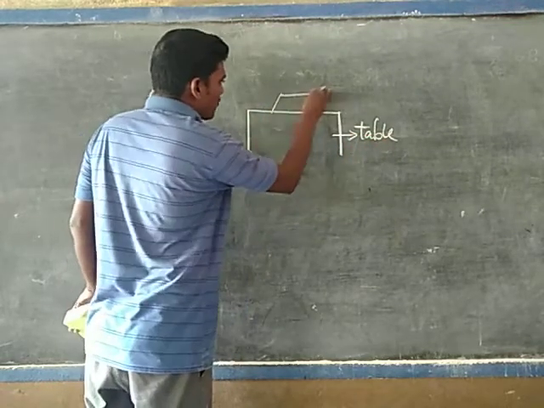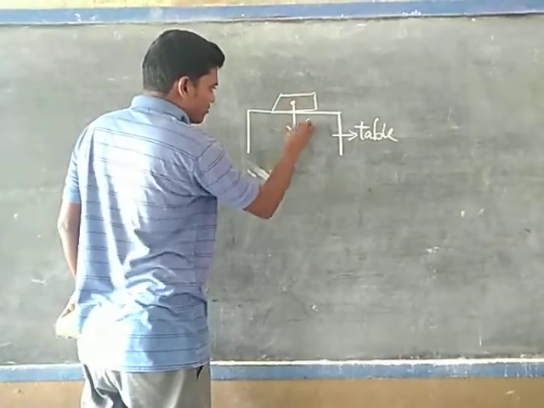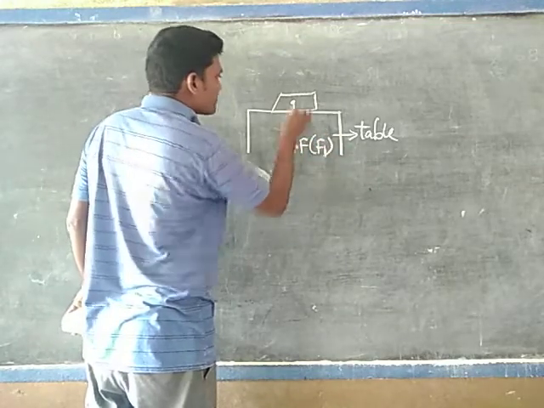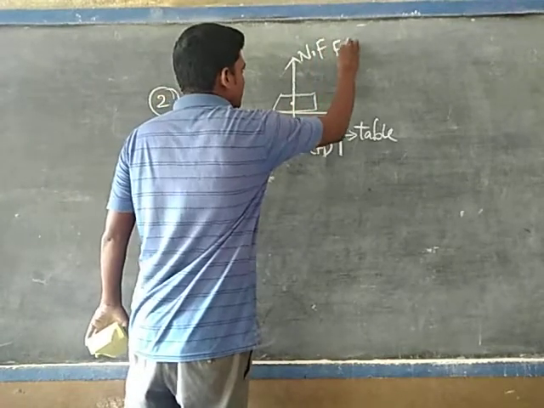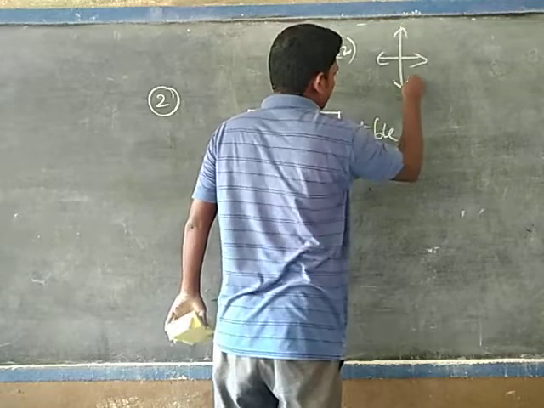On the table, we place a brick. On the brick, which force is acting downward? Gravitational force. Next, upward, which force? Normal force. We consider it as F2. Now, according to the Earth's magnetic field,